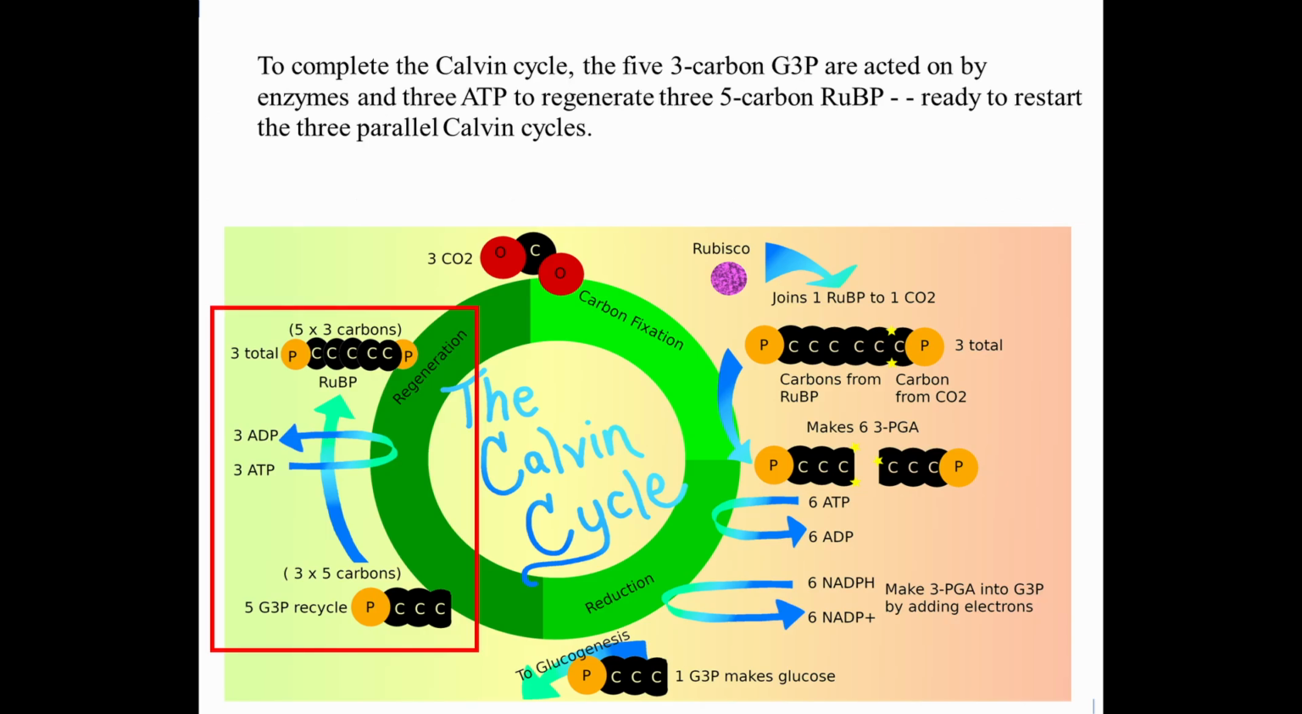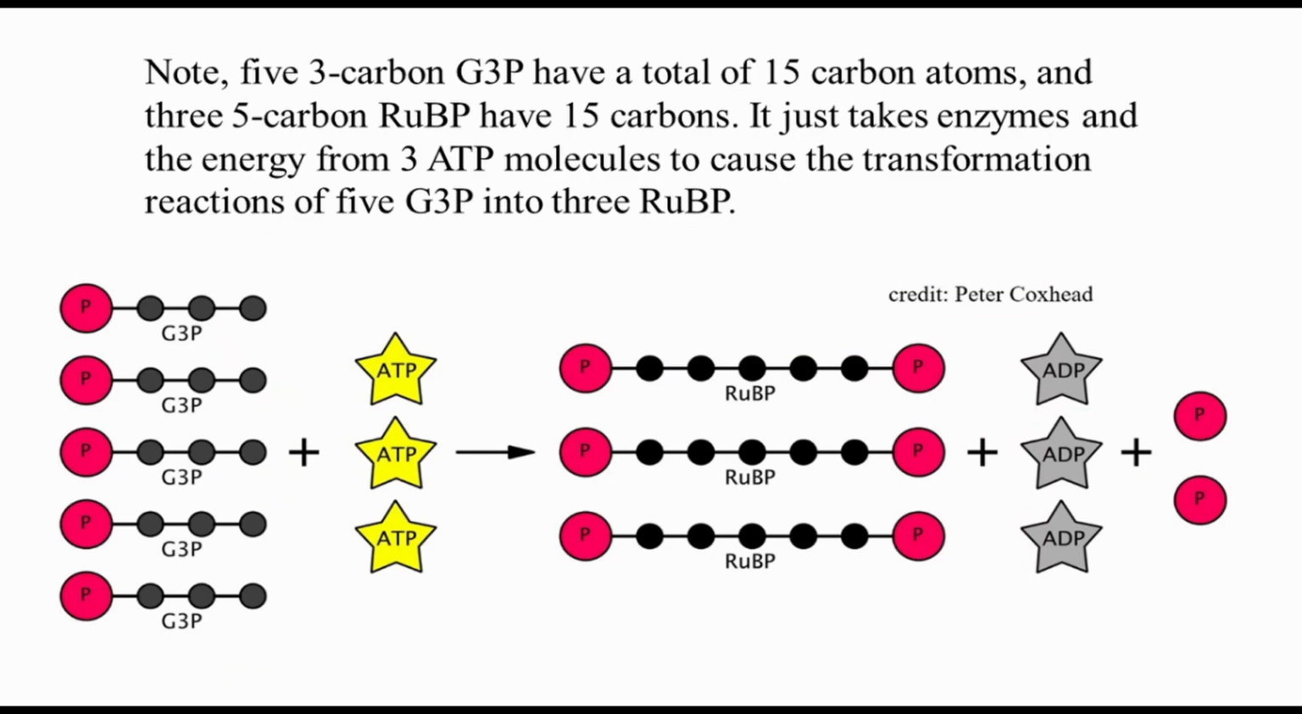To complete the Calvin cycle, the 5 3-carbon G3P are acted on by enzymes and 3 ATP to regenerate 3 5-carbon RuBP, ready to restart the 3 parallel Calvin cycles. Note: 5 3-carbon G3P have a total of 15 carbon atoms, and 3 5-carbon RuBP have 15 carbon atoms. It just takes enzymes and the energy from 3 ATP molecules to cause the transformation reactions of 5 G3P into 3